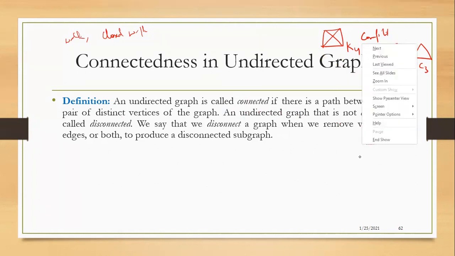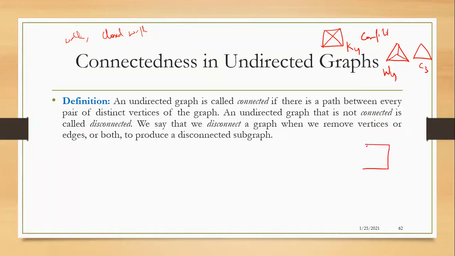Now, instead of this, if I add a simple cycle with 4 vertices, and I name the vertices A, B and C, A and C are not directly connected, but if we see it from here, A to B, B to C, it is connected. So basically, if there is a path, then we can say that it is connected. But suppose I have A to B, B to C, and then another random vertex F, and a vertex D, and these D and F are not connected to A, B, C, and let's name this vertex E.